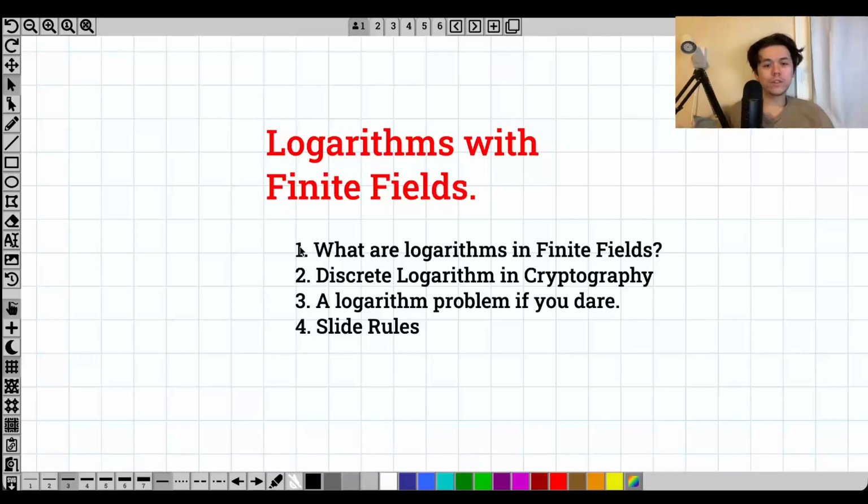So today I'm going to talk about logarithms with finite fields. They're a little different, but mostly the same as logarithms that you've seen before, whether over various bases, probably with the real numbers, even with the complex numbers. But they're very important. The discrete log problem is a very standard problem that is used in cryptography